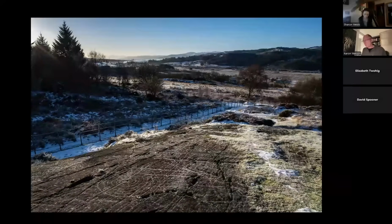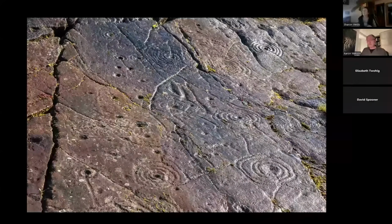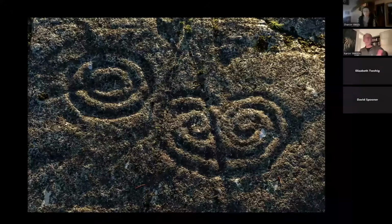Achnabrec itself has a diverse range of cup and ring markings, and some of those are more typical of the Atlantic rock art style, the cups and the rings and the grooves, which dominate the image that you see now. But they are on parts of this rock juxtaposed against rarer motifs, including this horned spiral, which is very much